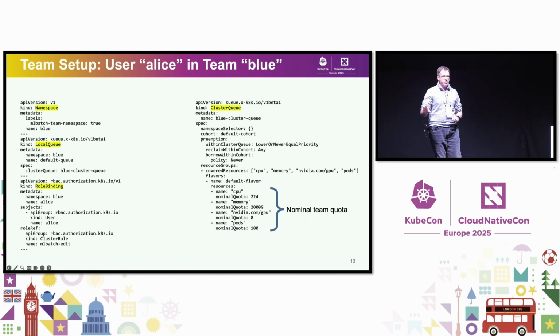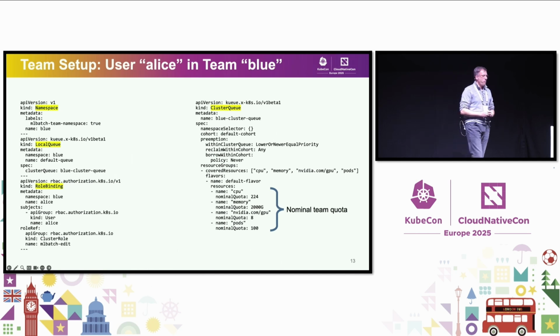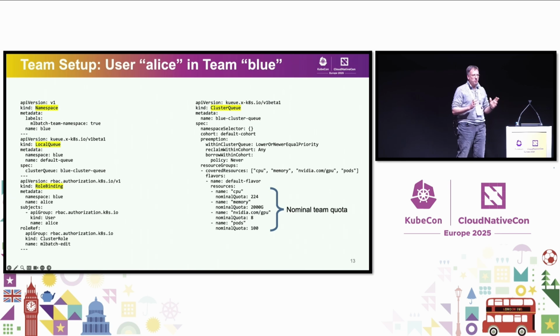And really, the only thing that is not entirely boilerplate on this slide is what I've highlighted on the right. It's defining how much quota we're giving to this team, right? So here we're saying, well, Team Blue should have nominally access to 8 GPUs on that cluster. So I'm saying nominal here, and we'll get back to that. But essentially,